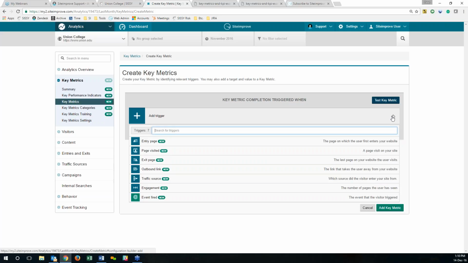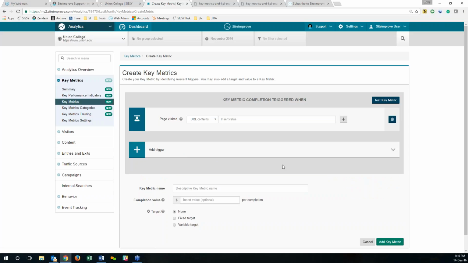And so what we can see here is there's a few different ones, 7 in this case, because we do have some events being tracked for Union College as well. We may not for you, especially if you're not already on our analytics tool. But we can do it based on a page that they visited. That's a very common one. Entry page, exit page as well. But if we want to use page visited as a first example here, I'm going to go back to using Site Improve